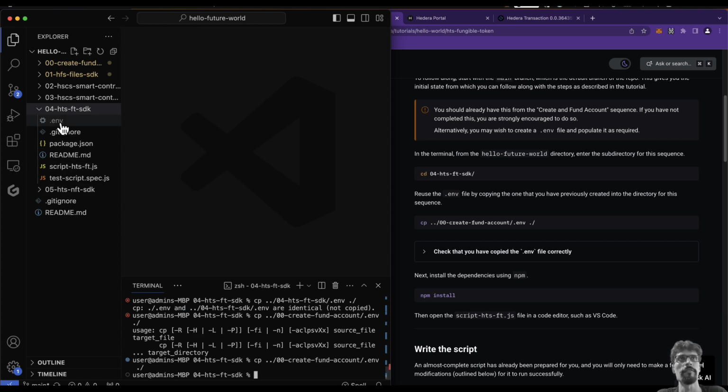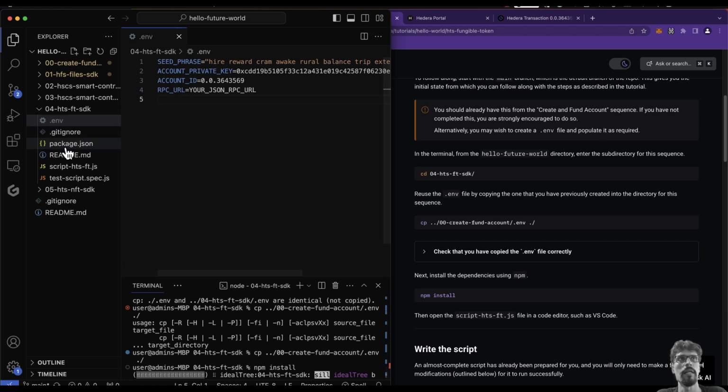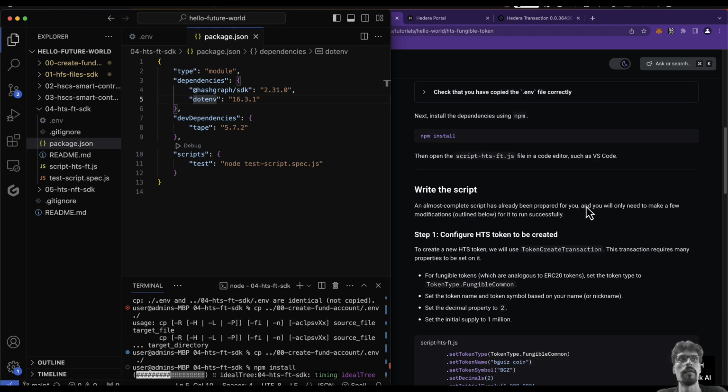Alright, now I've got a .env file and it's the same one as before. So I've got all the fields except for JSON RPC URL. So I'm just going to do an npm install, and while that's running in the background, we're installing Hashgraph SDK, the Hedera JavaScript SDK, as well as .env to read in the .env file. Alright,